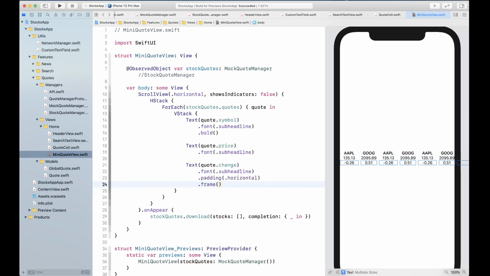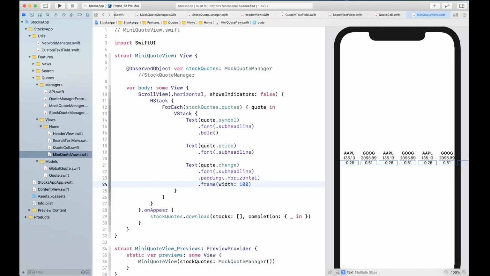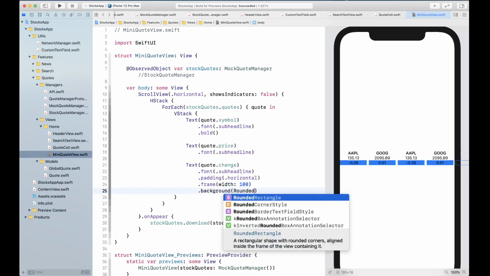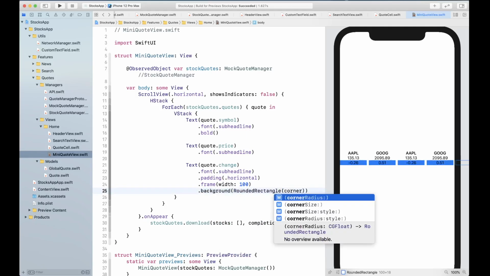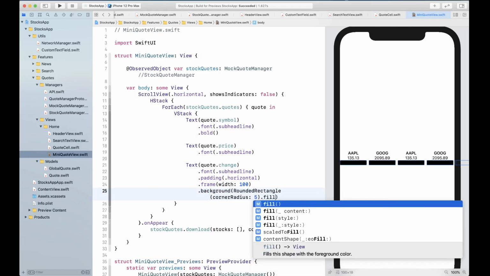Frame, let's give it a fixed width of 100. And background is going to be a rounded rectangle with corner radius to be 5 points. Can have a fill.